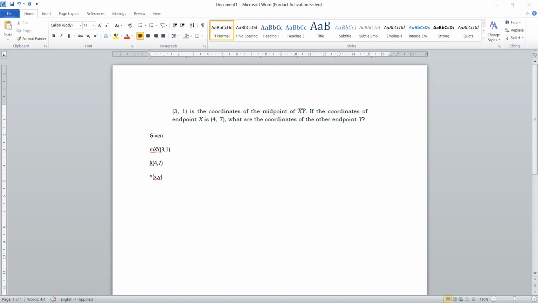Again, let's start with your midpoint formula. So this is your midpoint formula: (x1 plus x2) divided by 2, (y1 plus y2) divided by 2. For this one, the midpoint itself is given, so it's this point. And your other endpoint is given, that's X. So we can solve this by substituting each coordinate. So let's start. So for x,